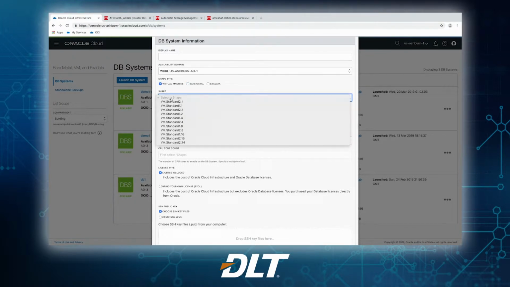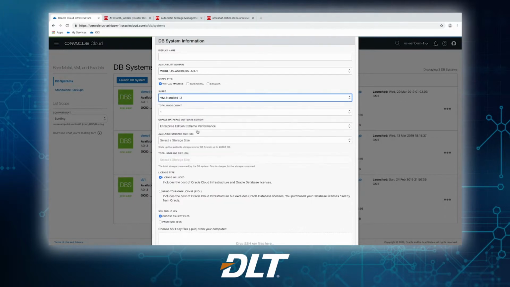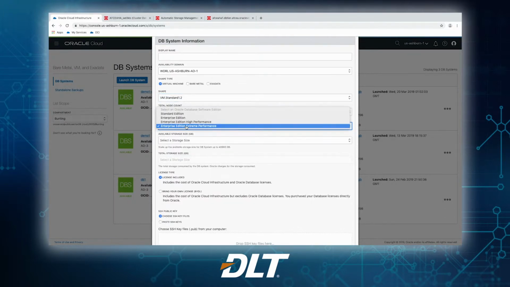And most often you're going to start a little bit smaller, where you would start with a virtual machine and you pick one of the cloud shapes based on the number of CPUs and memory that you need. You can go up to 24 OCPUs in a single instance. So let's just pick one of those. Then you pick your database edition, from Enterprise Edition to High Performance to Extreme Performance. And we're going to talk in a few minutes about the different options that are available in those editions.